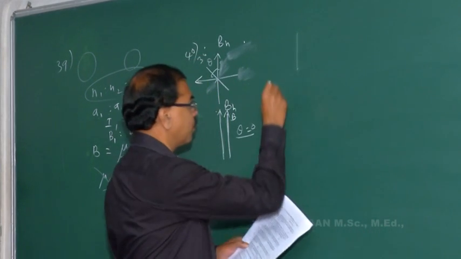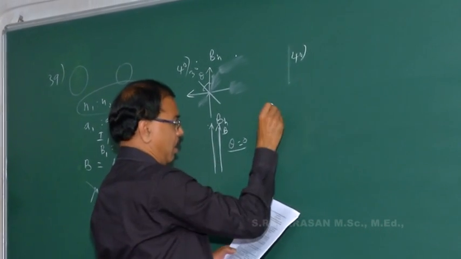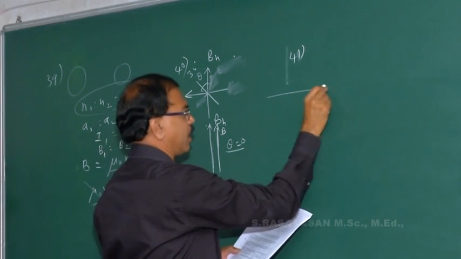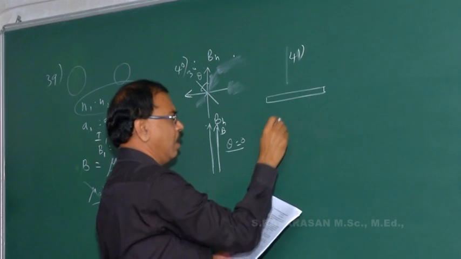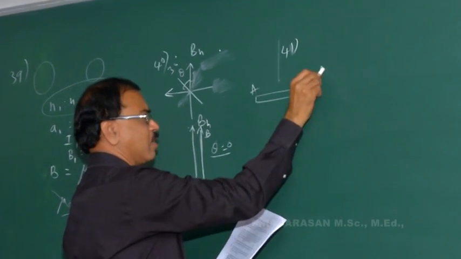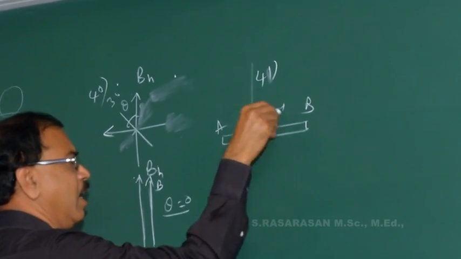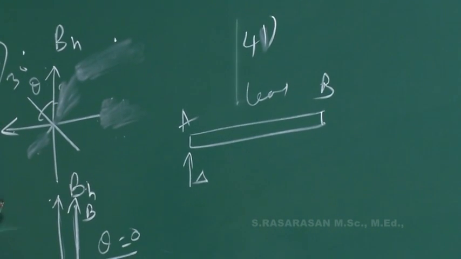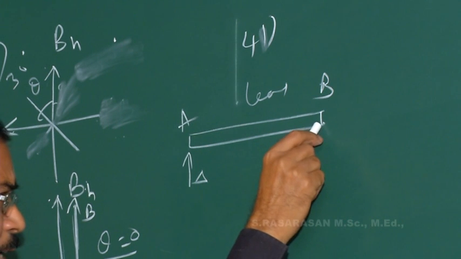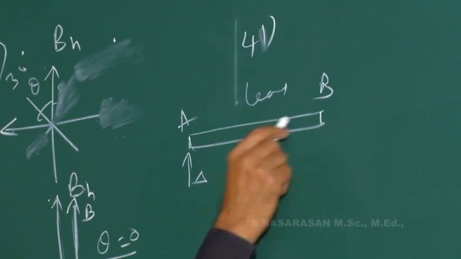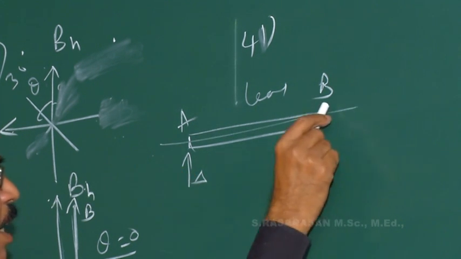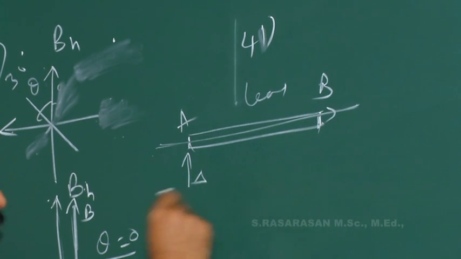They are asking question number 41. Let this one be the rod AB. AB is a rod made of lead, and at one end it is heated. So the heat will be transferred here but in lesser amount, so higher temperature, lower temperature. And the current I is allowed to pass along AB, in this direction.